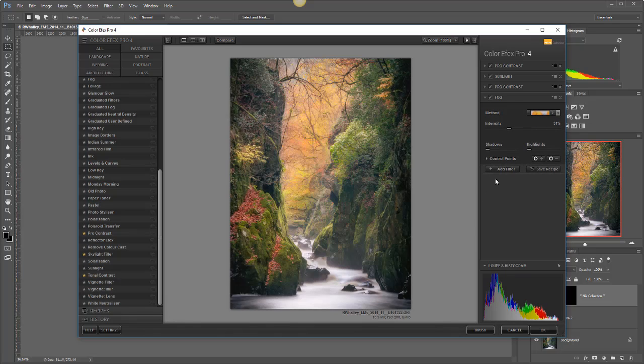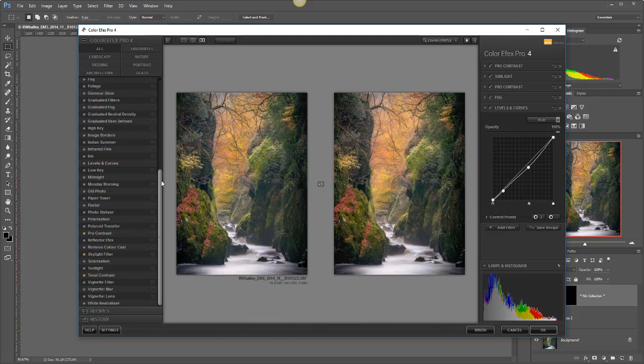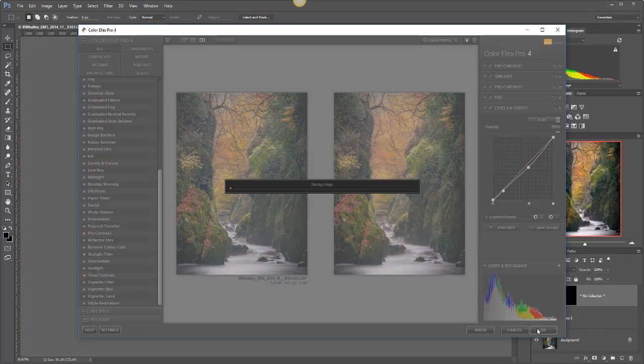The other thing that I might try and do now is add a levels and curves. This is always useful because the image is looking a little bit too light, and I actually quite like to intensify it with an adjustment like this. So let's just pull that down a little bit, and there we go. Okay, original, new version, and side by side. I think that's achieved what I want it to do. So we'll accept that,